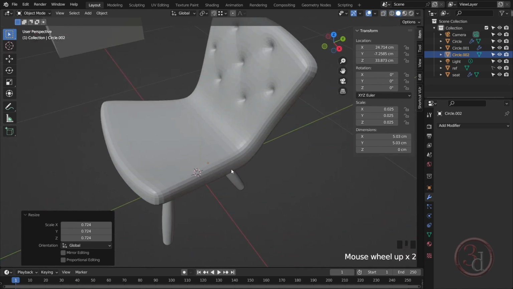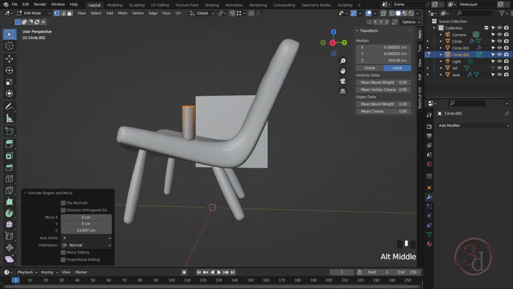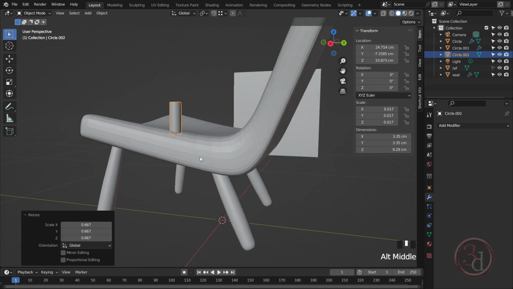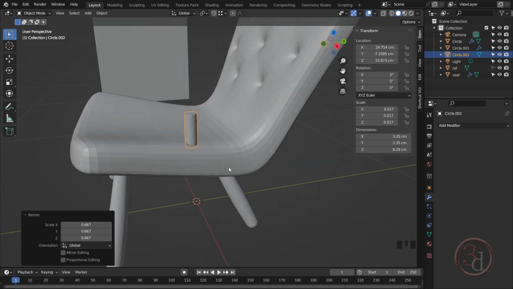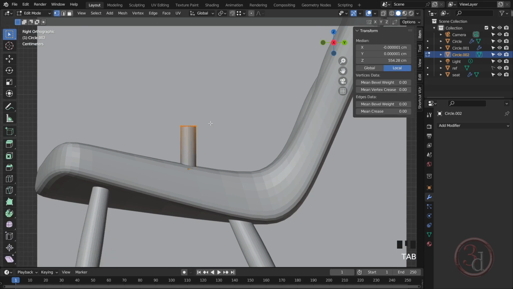Okay, and then I can press Tab and press F to create a face, and then press E to extrude it out. Okay, so let's reduce the thickness further, scale it down. Yeah, this much is enough. So I'll come back here and I'll start to extrude this. So press E to extrude, or I can hold the control key and bring the mouse pointer and then right click. Extrude to the mouse pointer location,